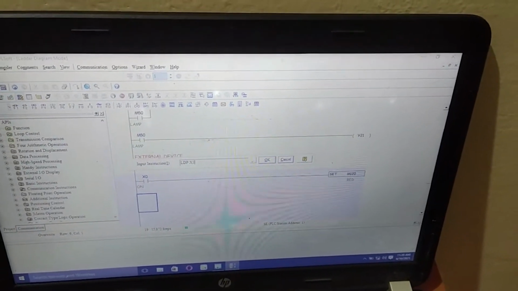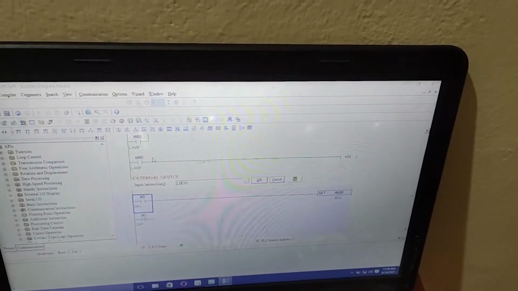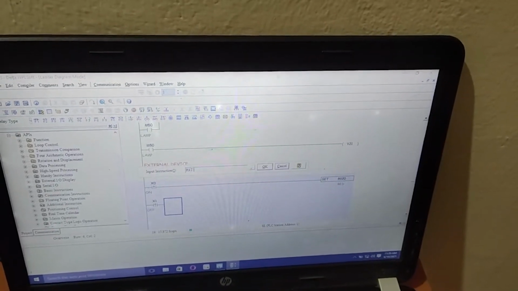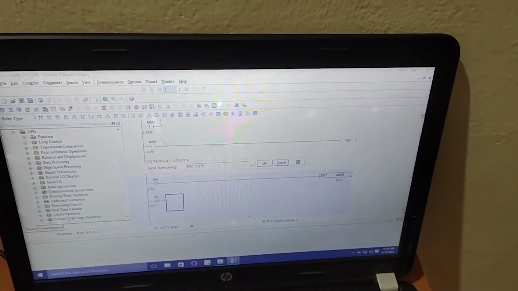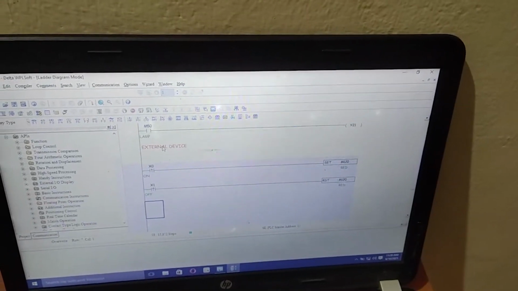We'll set an input as X1. We need to give it as a pulse input only. We'll generate the pulse. We set M120. So I'm using this M120 for the set reset conditions.